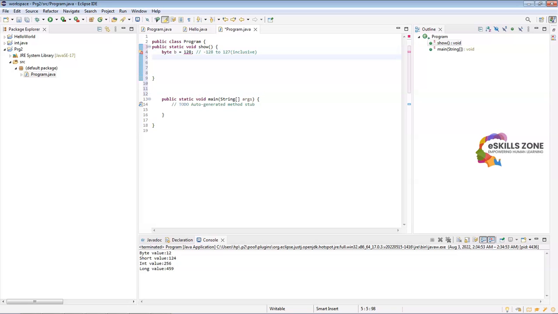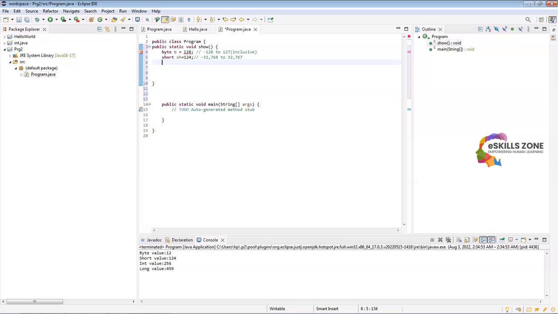Then we'll type short sh equal to 124 and then type // and type -32768 to